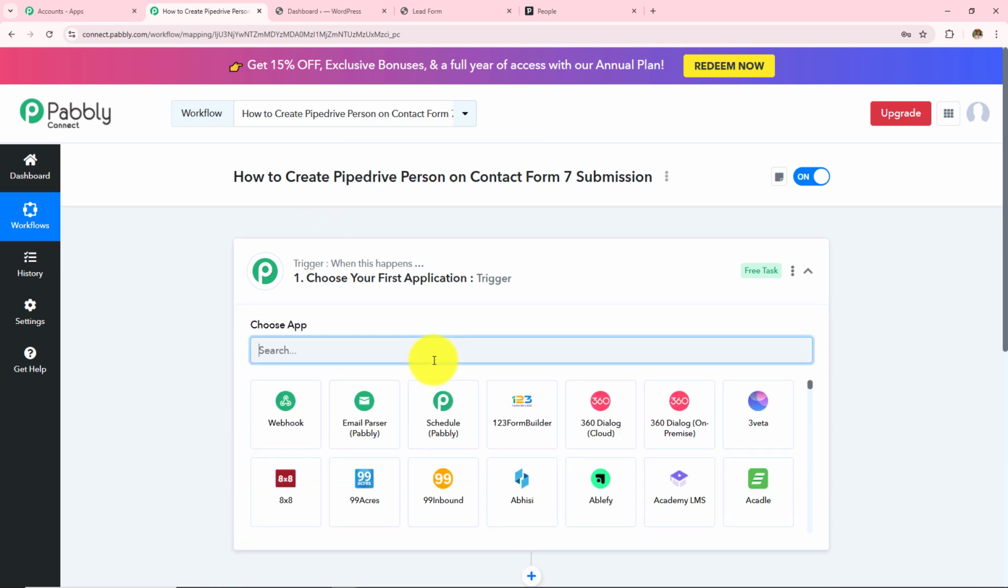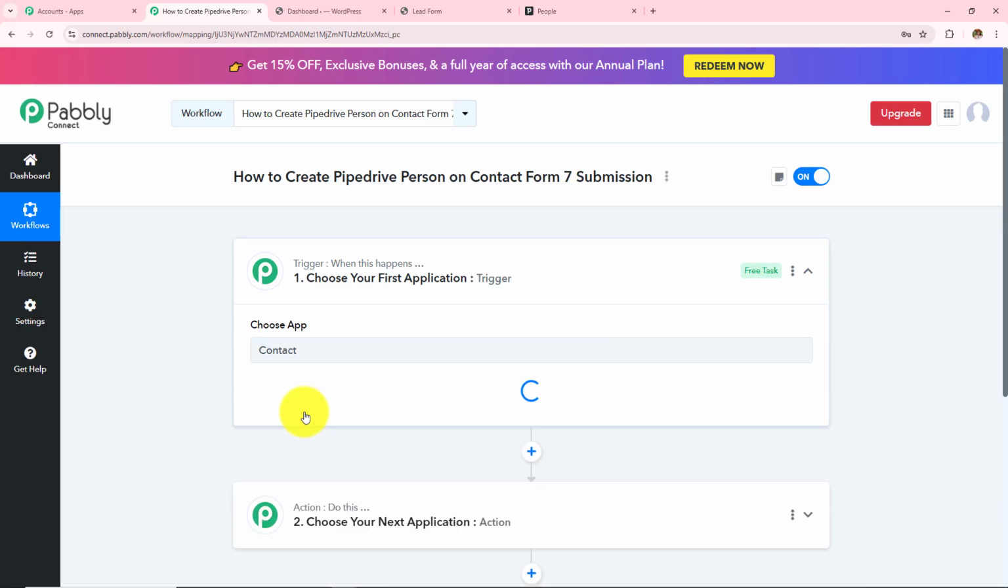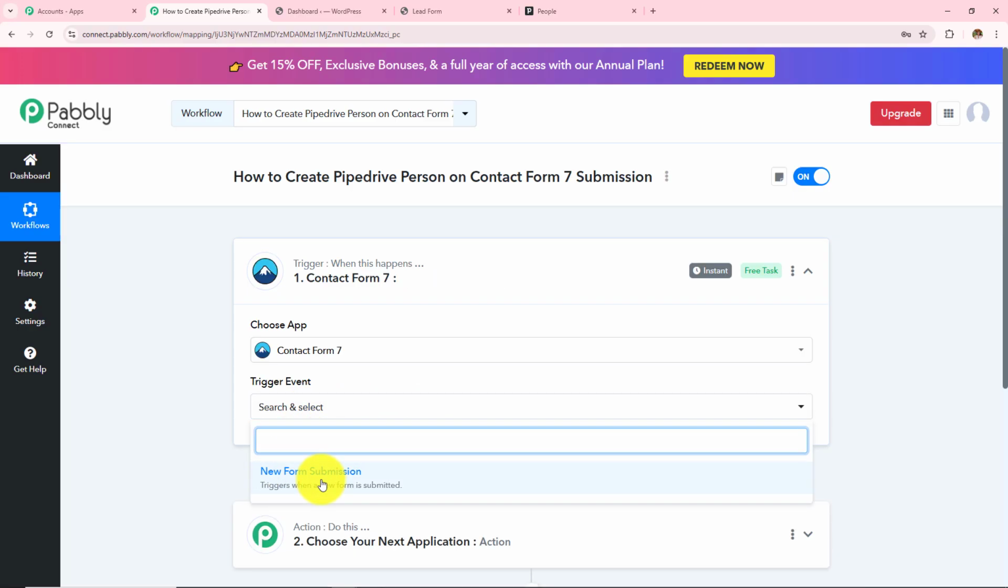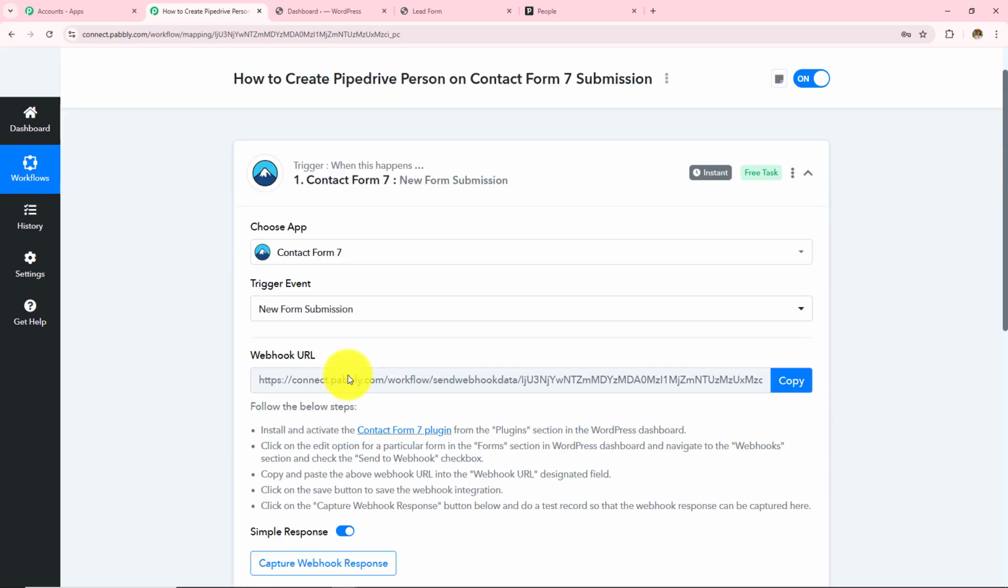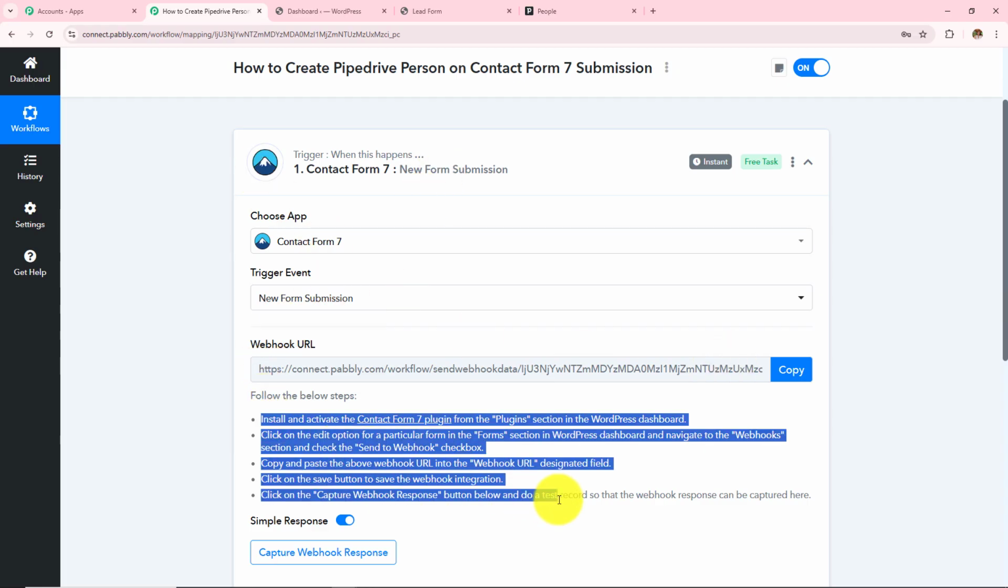So here in my trigger application, I'm going to take Contact Form 7. And then in my trigger event, I have to take this new form submission. Now I need to make a connection between Pabbly Connect and Contact Form 7, for which a webhook URL is provided to me. And this URL is going to act as a bridge to connect my Contact Form 7 with Pabbly Connect. So reading this help desk, I am going to make this connection, and to make this connection, let me